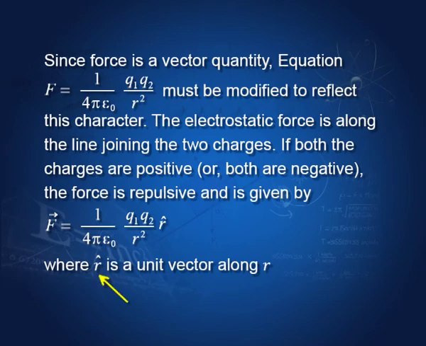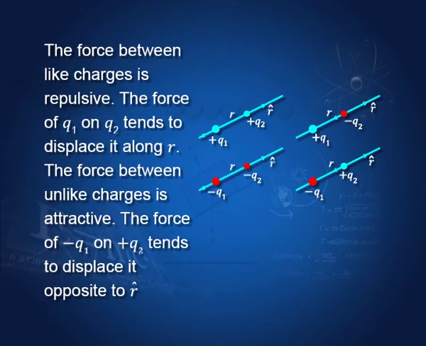So, if the two are positive charges or two are negative charges, they repel. Therefore, the charges move in this direction, that is in the direction of r. So, r cap. Let us take the 4 cases. Here both are positive. So, the force is along r, and the force on this is along minus r. Here both are negative, and again the force on this is in this direction, the force on this due to this is in this direction.